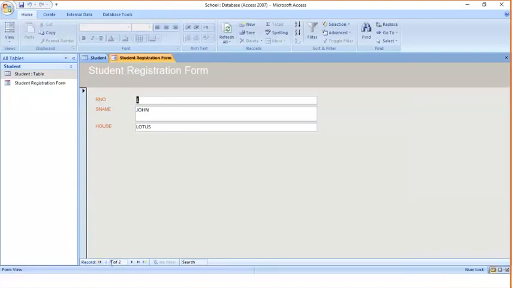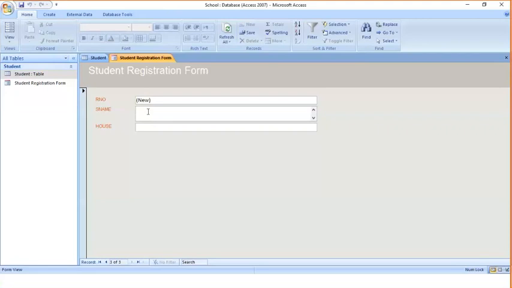And down below you can see the navigation for records. This is previous record, this is next record, this is last record, this is first record, and one more is a new record. Suppose you want a new record, I will click on new record, or even if you go next, it will come to a new record. So I will insert the third record here.